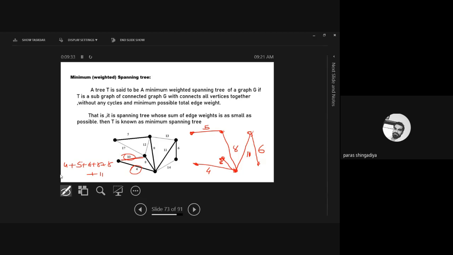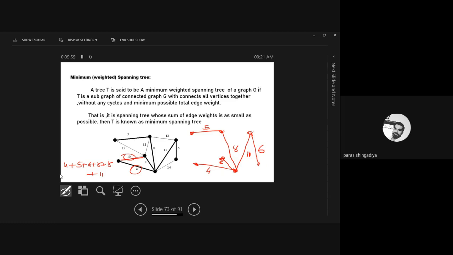Okay, weight is a minimum. So the total of this value will be the minimum answer in comparison to all such spanning trees. The total of all the edge weights will be the minimum. ठीक है, अब इसका total I think 42 होगा. If we check in the last lecture, the total will be 42 for this data, and that is the minimum total in comparison to all such spanning trees.